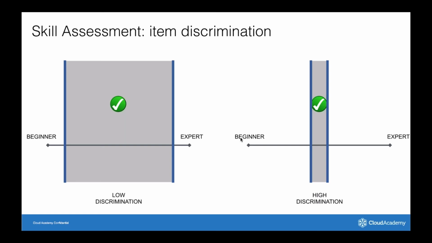And so we keep on providing our content team feedback about item discriminations, in order for them to provide questions that are as discriminating as possible, because they allow us to compute your knowledge level with the least number of questions. We need, for example, dozens of questions that have a low discrimination to assess your score, with respect to, let's say, 8 or 10 questions if they are very discriminating. And that's what's behind the technology of skill assessment.